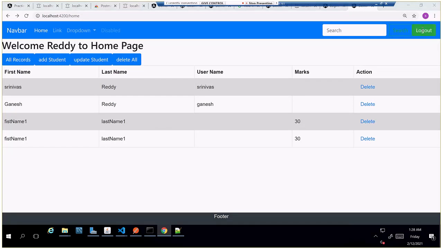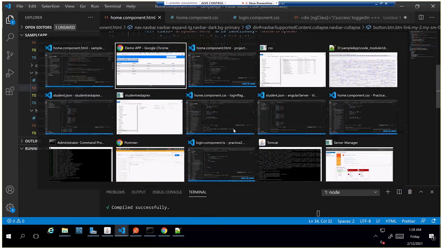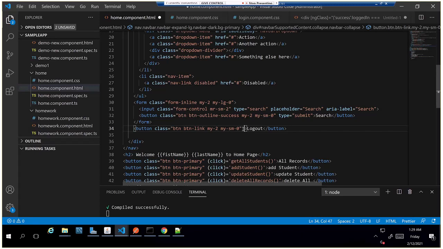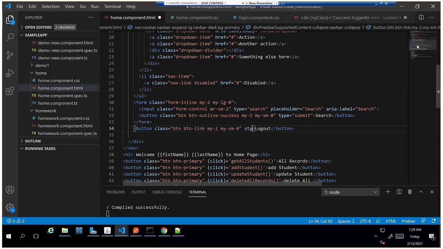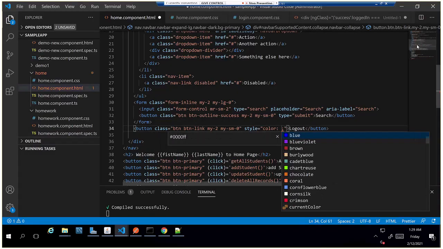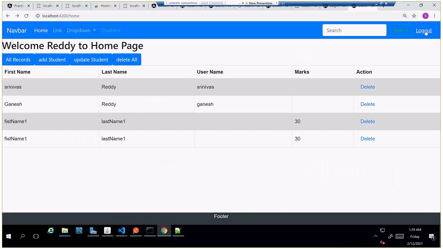I'll change this to link. You should make it danger, not success. Danger just means red, like link hyphen. I have added it as a link, but it is already in blue color, that's why it is hidden here. Okay, I'll add a link, not like a button, like a link, right? I thought you use button for it.